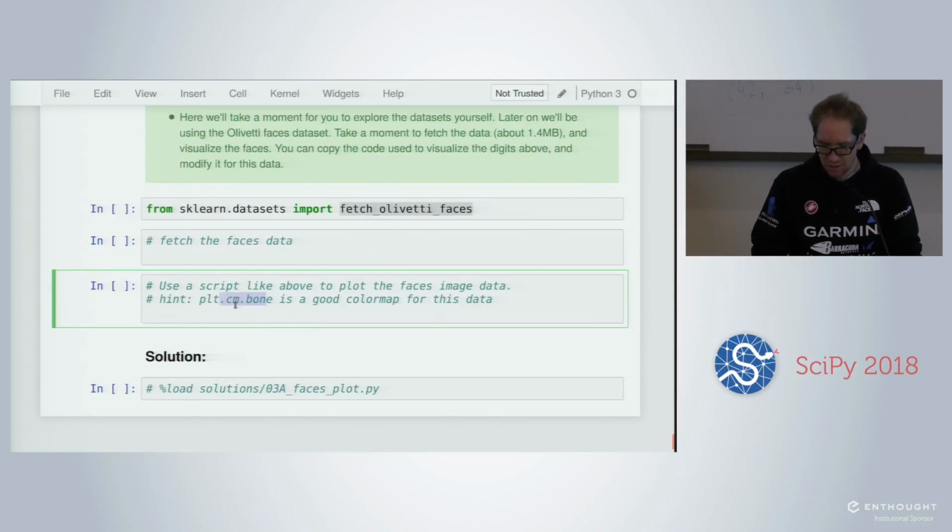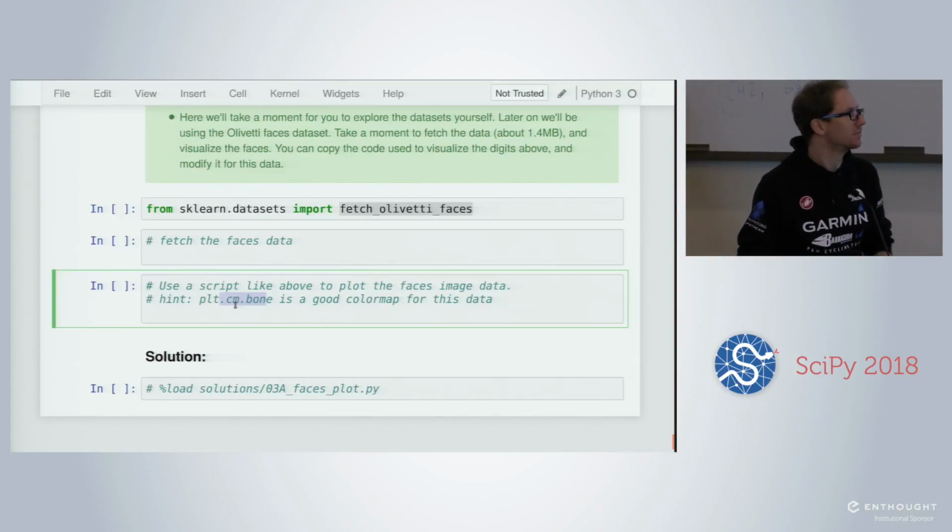You have a couple of minutes to play around, load the data, fetch the data. It's a small package, 1.5 megabytes, so it should be okay. Then just plot using imshow, or with another color map, similarly to what we did before.